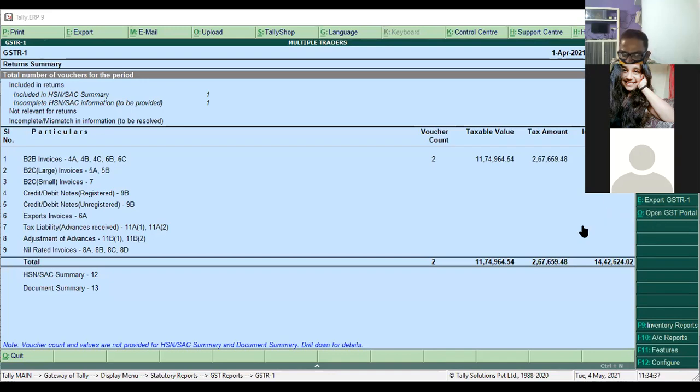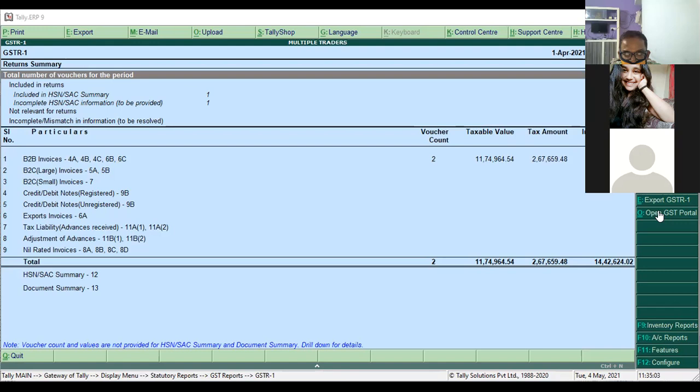Now, from the Tally software, from reports, suppose you want to click on open GST portal. It will take you to the GST portal. Click on this. It will take you to that website, goods and service tax, that is gst.gov.in. You have to type a username and password.